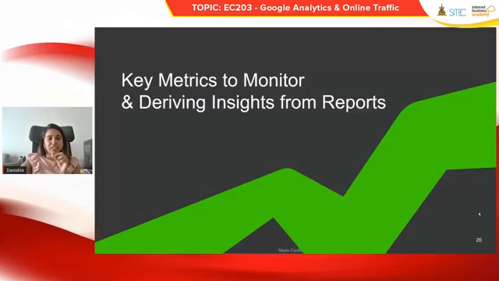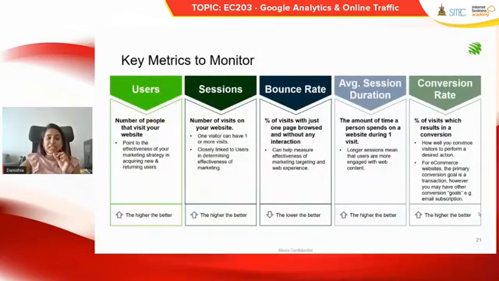Okay, so now I'll tell you some of the key metrics to monitor and how you can derive insights from the reports. Google Analytics has over 500 different fields, different dimensions and metrics. So when you first start looking into your Google Analytics, it might be a little bit overwhelming. So to get started, these are 5 key metrics that you should be monitoring for your website or your e-commerce